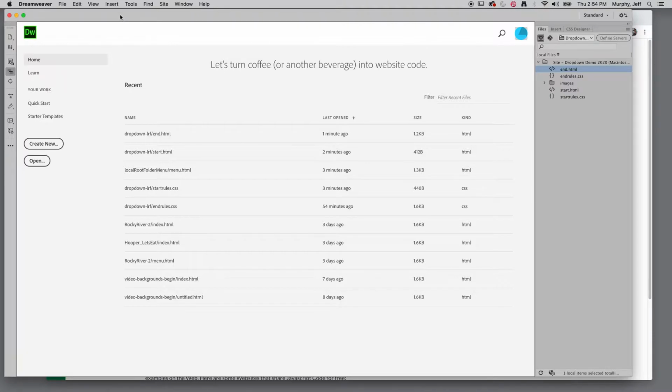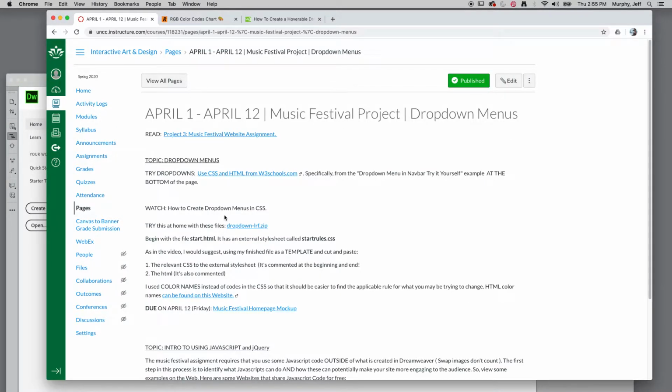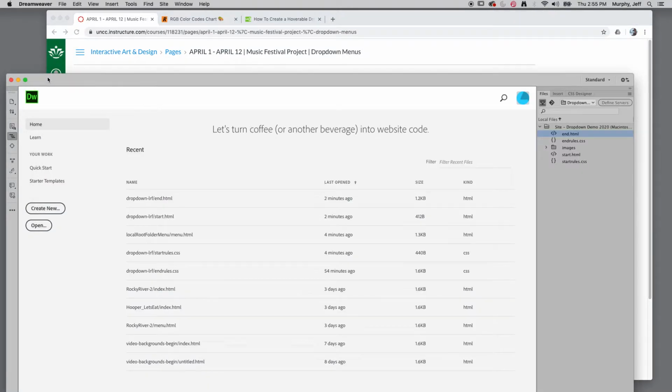For this, I have some files that you'll really need. Basically, you can use them as a template. On Canvas, this is drop-down LRF, local root folder.zip. So download that, and when you download that and make that your local root folder in Dreamweaver, you will see